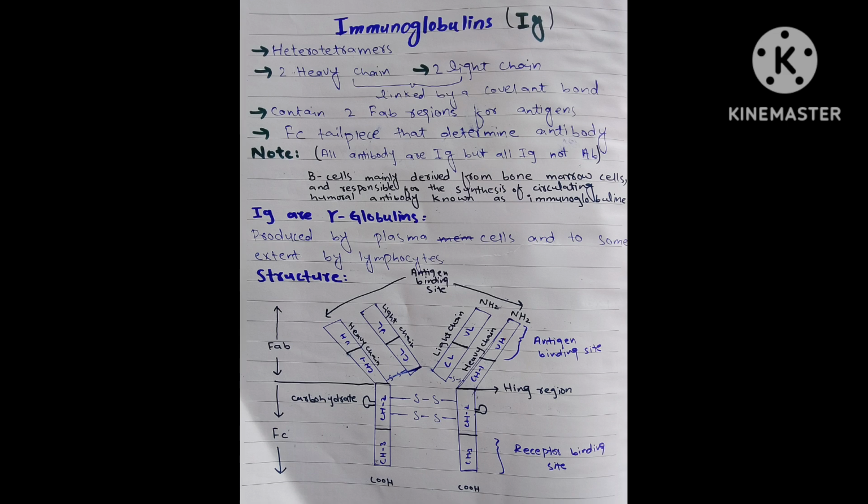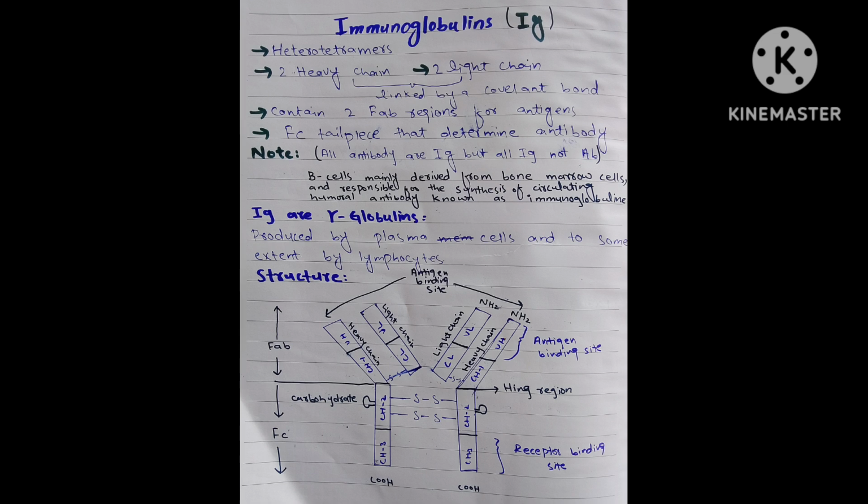Further, we move to the structure of immunoglobulins, which contain two heavy chains and two light chains connected to each other through disulfide bonds. The upper region is called the Fab region and the lower region is called the Fc region. The upper region is the antigen binding site or antigen recognizing site, and the lower region, the Fc tail piece, is the binding site for antibodies. The region which joins the heavy chains is the hinge region,